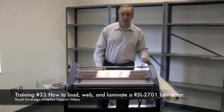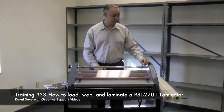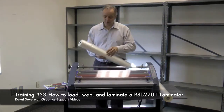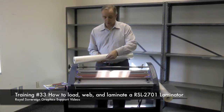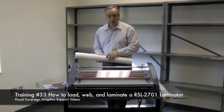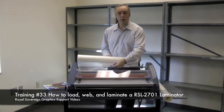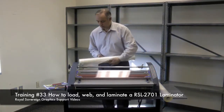The first thing we need to do is to load the film on the RSL 2701 Laminator. By taking our film, we first have to see how the adhesive is rolled onto the film, whether it's adhesive in or adhesive out. On this particular film, it's adhesive in. What we want is to have the film, when it comes down over the rollers, to be away from the roller with your adhesive out. We'll take this film,